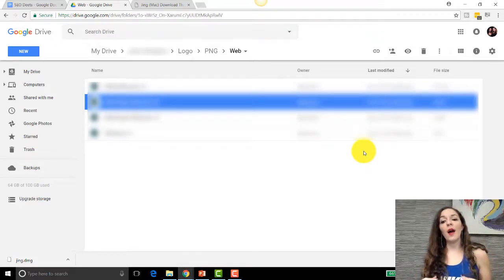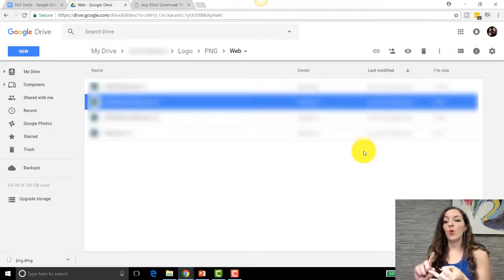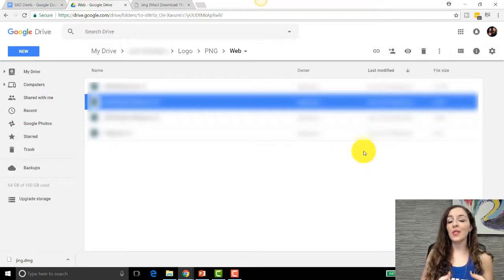So for example, I design different types of publications for other companies. So media kits, I design media kits, workbooks, ebooks, worksheets, flyers, any sort of publication that needs to be a PDF, whether someone's giving them away as a freebie when someone opts in on their website, anything like that, I design those. So sometimes when a company asks me to design a worksheet, for example, and they'll send me their